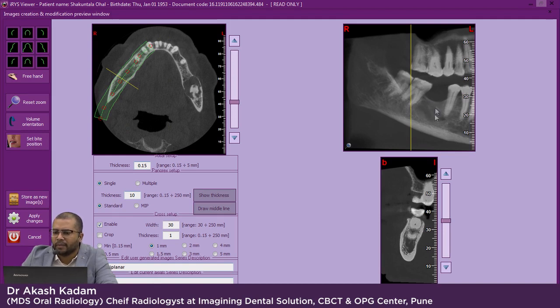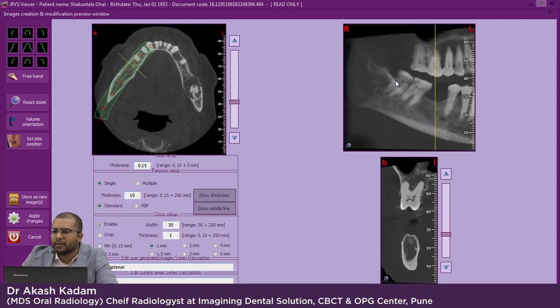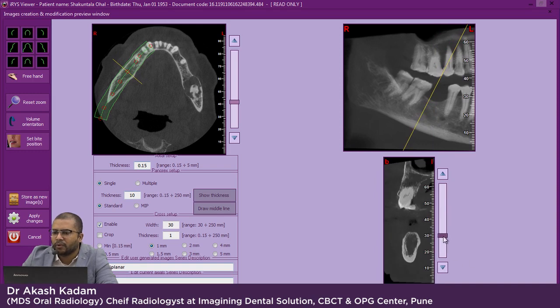It's covered totally. And in cross sections also you can see. This yellow line will tell you about the cross sections. Now see, the orientation of the tooth is in this angle and the cross sections are in this angle, perpendicular. So here there is an option, we can just tilt it to the angle which we want. So that now cross sections will be parallel to the tooth angulation. So this is the beauty of MyRay software. And now we have to do apply changes.